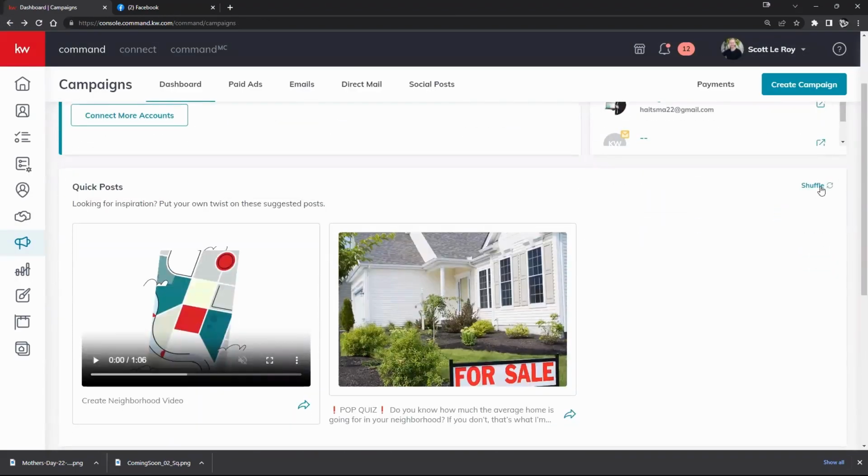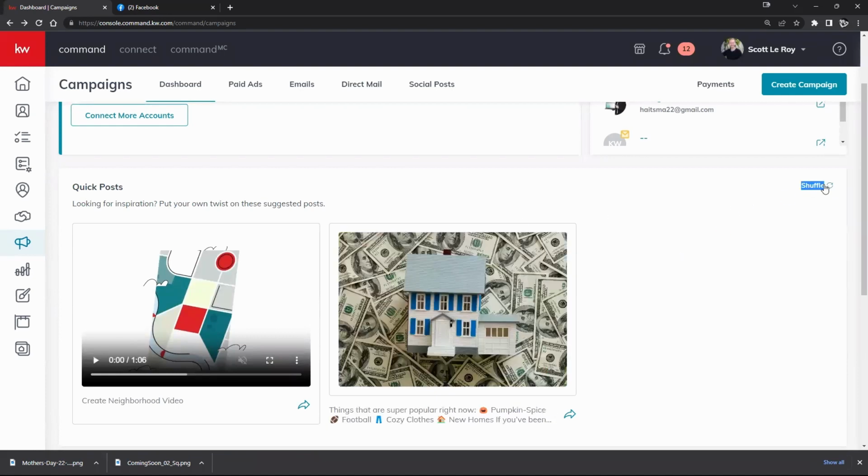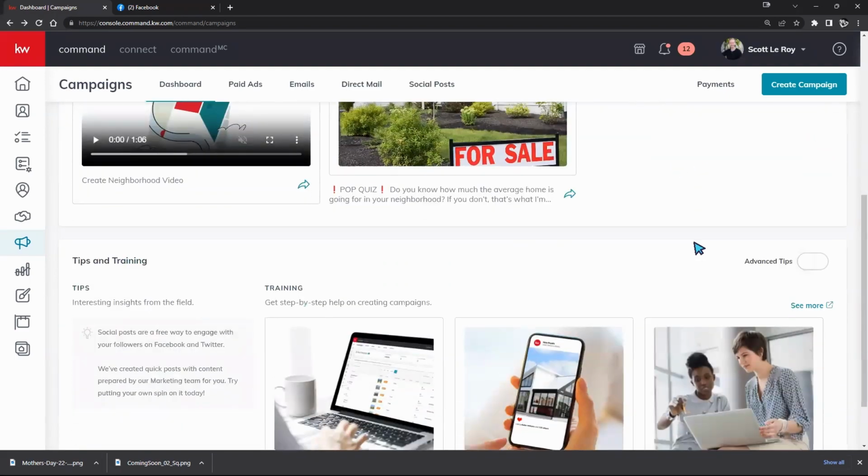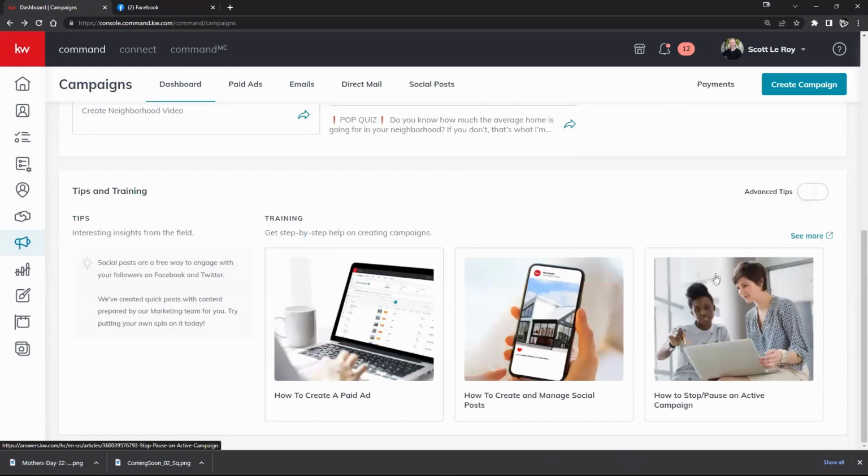And as we scroll over here, you do have a shuffle. So just know that there are more than 2. As we kind of are shuffling through here, there's a number of different options for us. And then last but not least, as marketing and Facebook ads and campaigns and things like that can be a